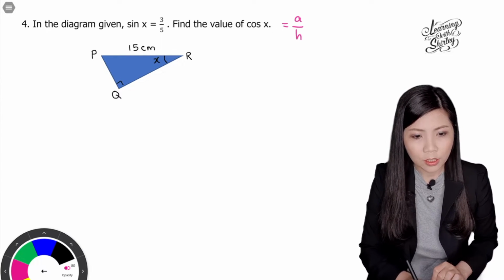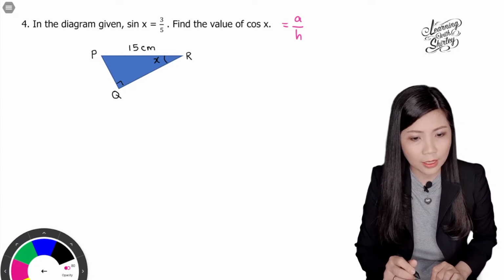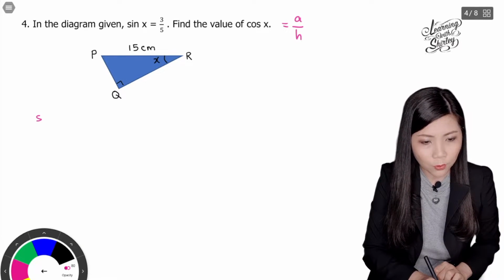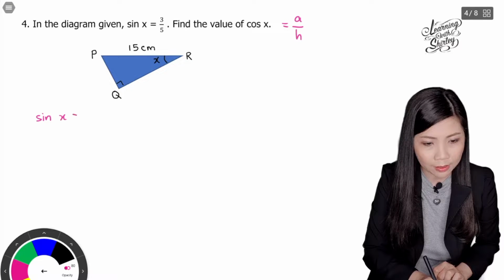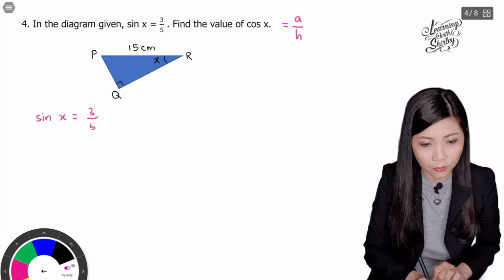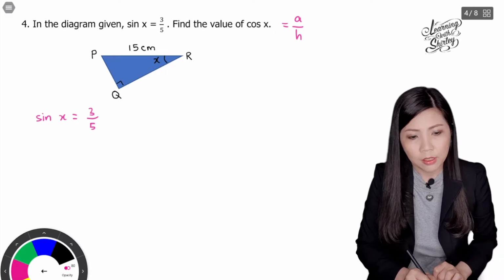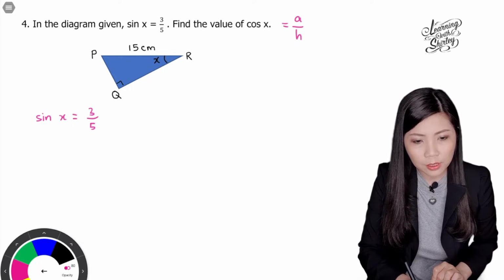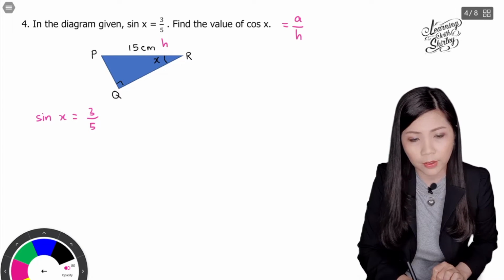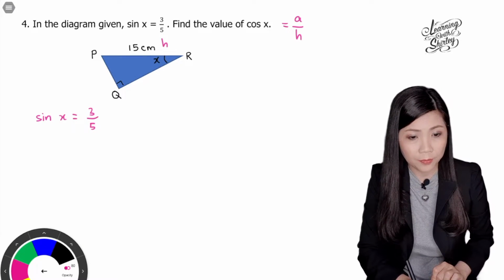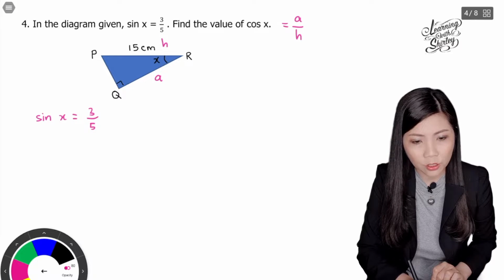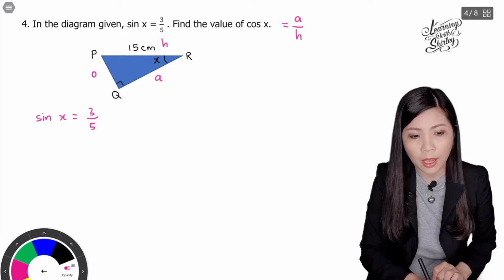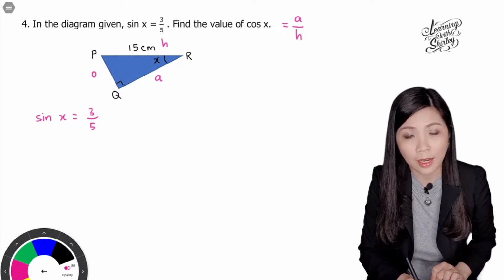Okay? So let's look at what they give us. They give us sine x equals 3 over 5. So we have to use what they give. We know that sine x is equal to O over H. So first thing, we are going to label the triangle. H is the longer side, and this will be the adjacent side because it's next to the angle. And this will be O because it's the opposite side,